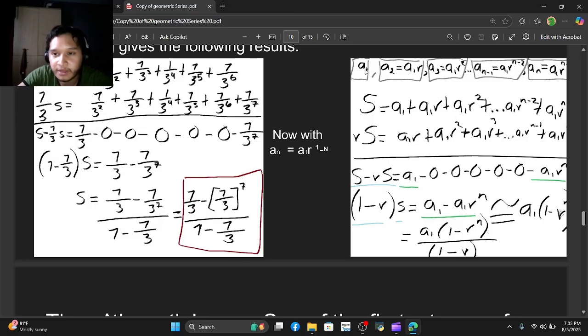So we have the first term. Let's recap a little bit. The second term is equal to the first term times r. The third term in the sequence is the first term times r squared. All good. Why is it r squared? I'll explain it. Because